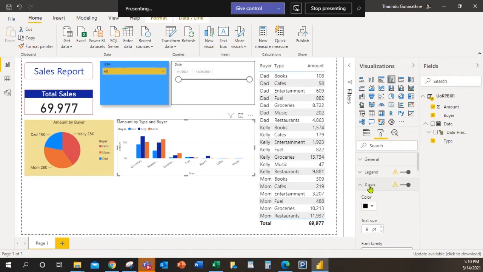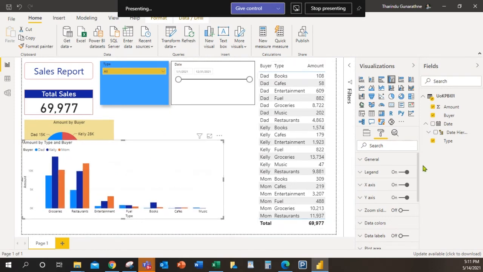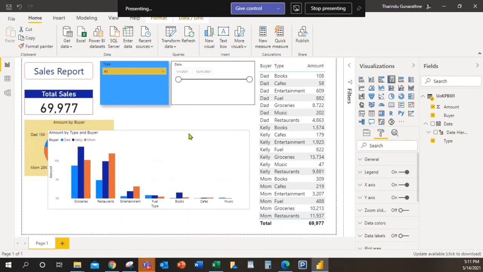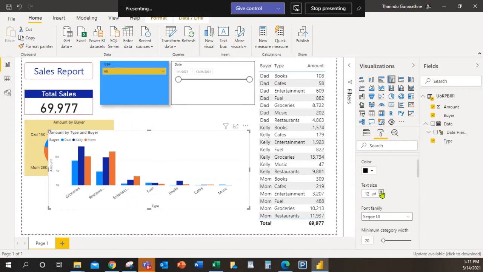Okay, there's an exclamation mark because I can't expand the size. That's why. Let me just show. Now see, now it got activated. Now we can do any changes. I can increase the text size like this.